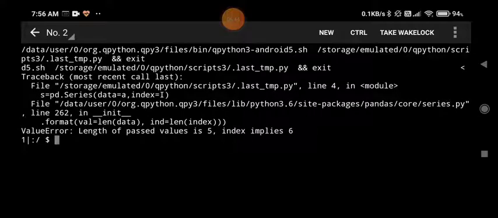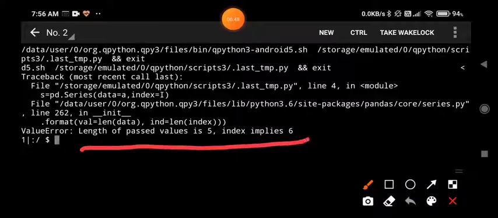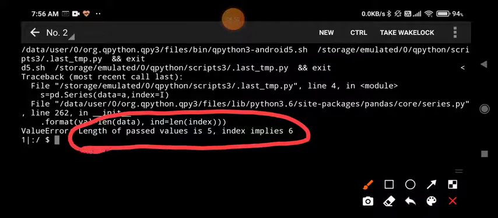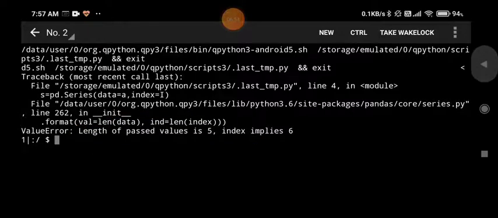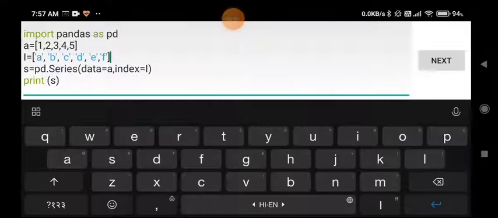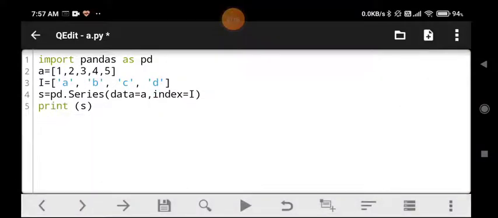Because the length of passed values is 5 and index implies 6. So this is the value error which we are going to get. Alternatively, suppose we have given only 4 values in the index part, that means we have 5 values in the data part, but only 4 values in the index part.